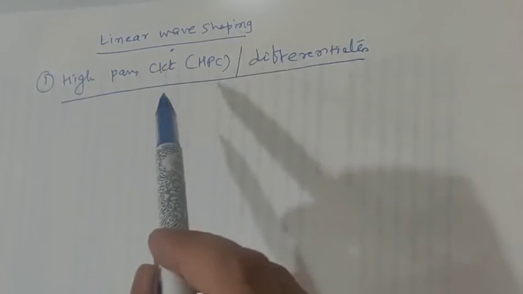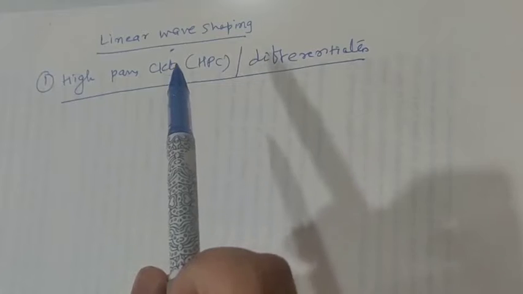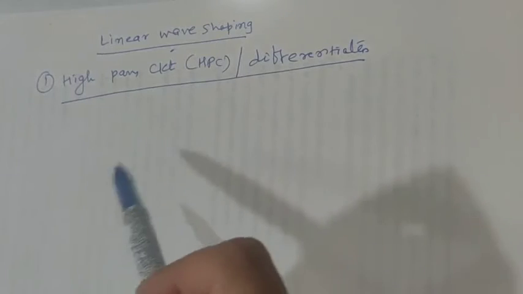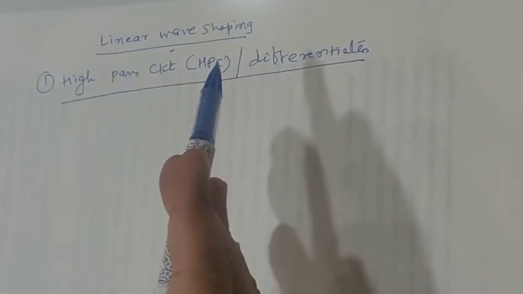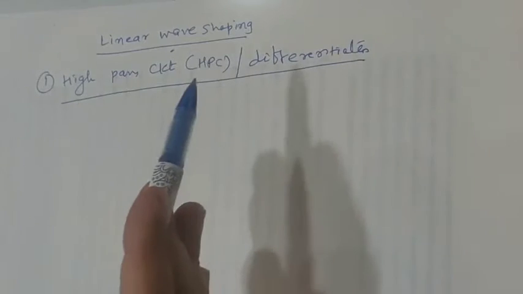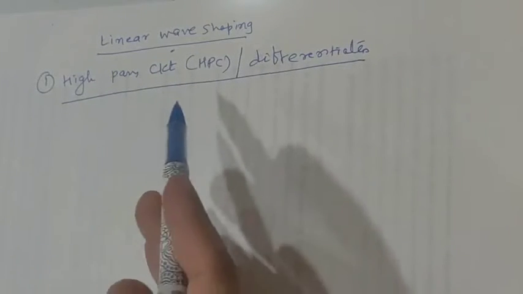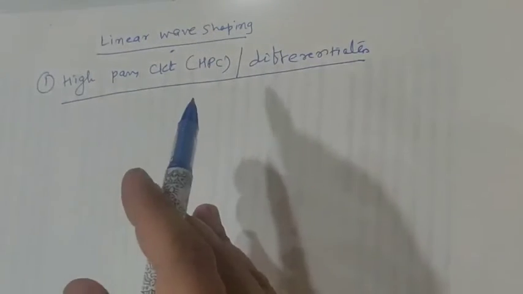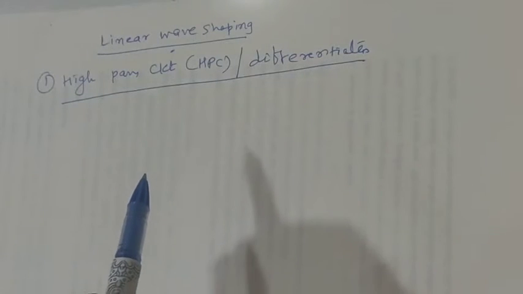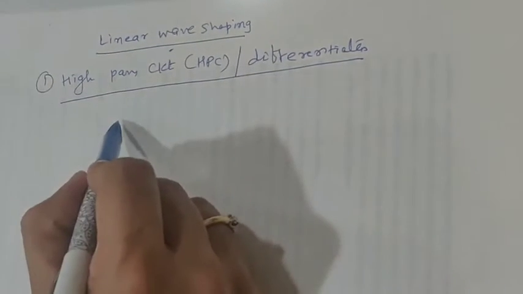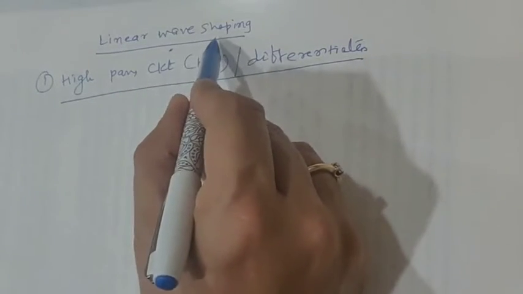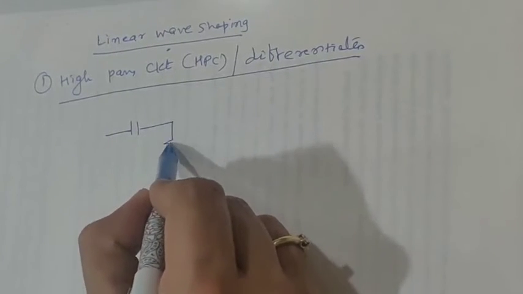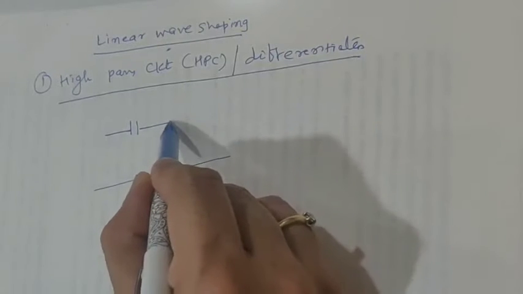Now here the high pass circuit is a network of those passive elements, that is RLC, which will pass the higher frequency components and block the lower frequency components. So I can say it will pass AC components and block the DC components, in terms of AC and DC. It is very easy to understand because it's high pass, so the higher frequency range will be passed and the lower frequency range will be blocked. Now how the circuit will look, this is what we need to talk about. Because it is a linear wave shaping circuit, we need to use linear or passive components. So I am using a capacitor and a resistor, across which the output will be taken.